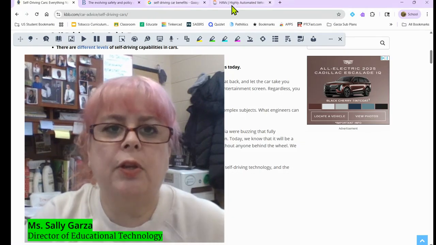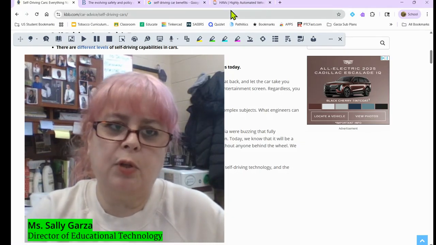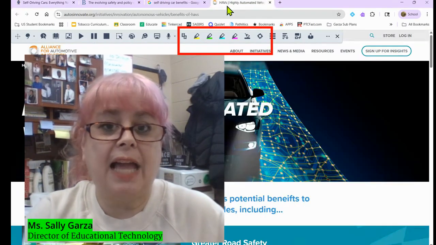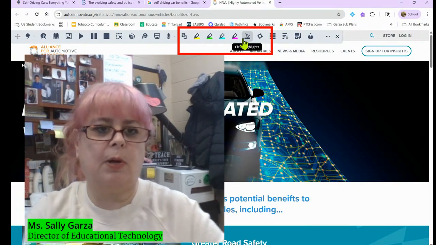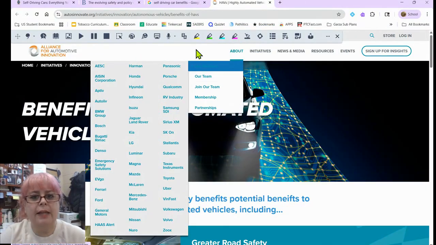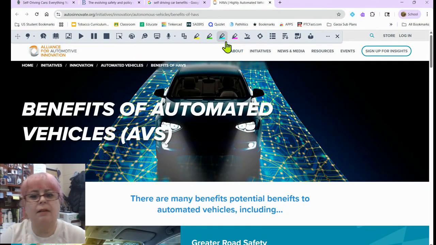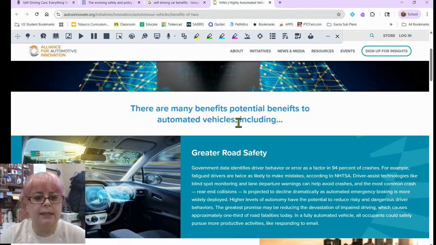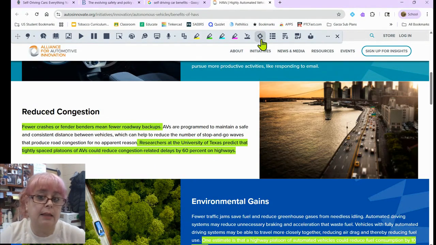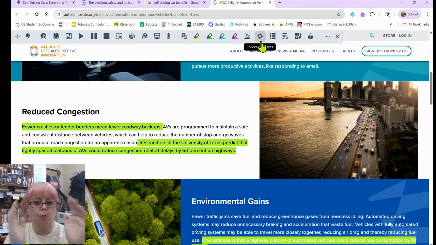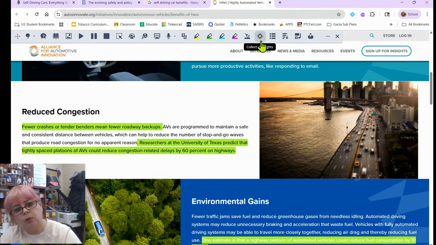So today I'm going to show you a feature in Read and Write for Google that uses the highlighters to collect text for research projects. The highlighting tools have been around for quite a while in Read and Write for Google. They allow you to basically select text that you could then collect into a Google Doc automatically by using the Collect Highlights button here. Typically, it'll work on one web page at a time to one Google Doc at a